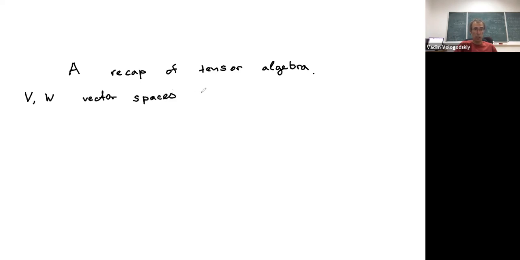So a recap of tensor algebra. Okay, so the basic notion here is the notion of tensor product. So if I have vector spaces V and, say, W, vector spaces, say over R,